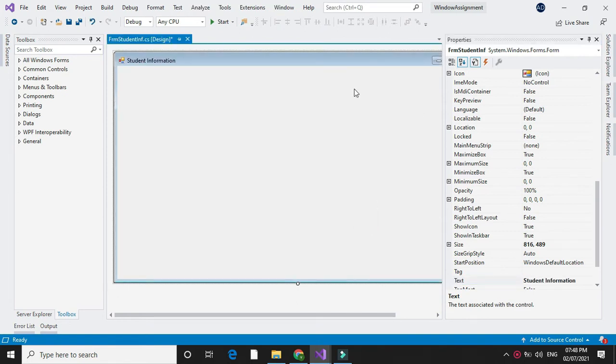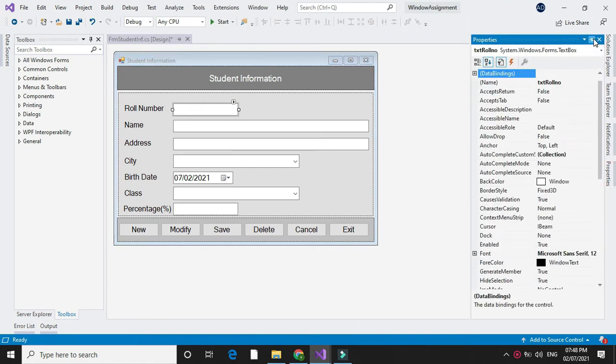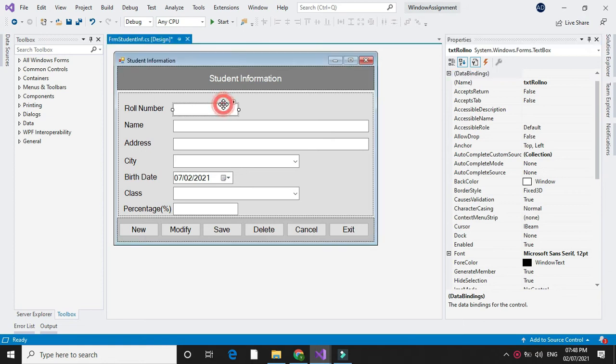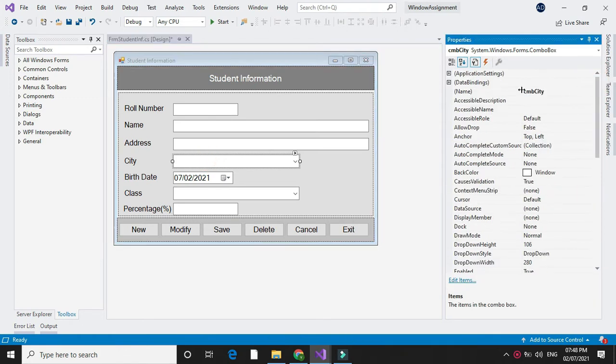Now we'll add controls on it. Since we are going to accept the roll number, name, address, city, birth date, class and percentage, I have added all these controls and I have given names related to the controls, that is txtRollNumber, txtName, txtAddress. For city I have used a combo box, so I have given the name cmbCity.